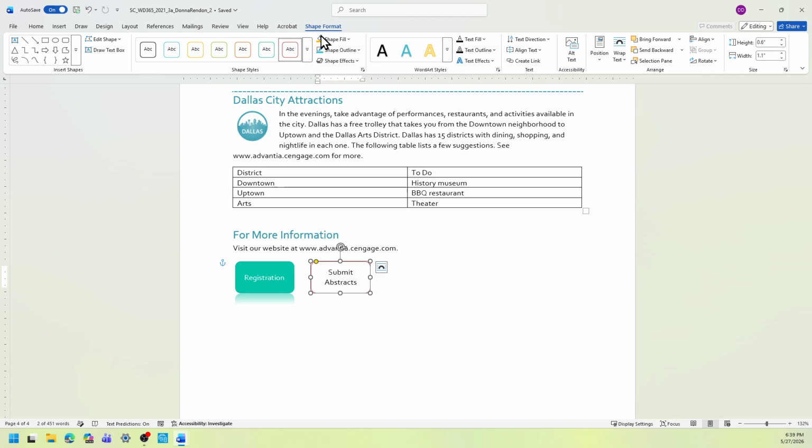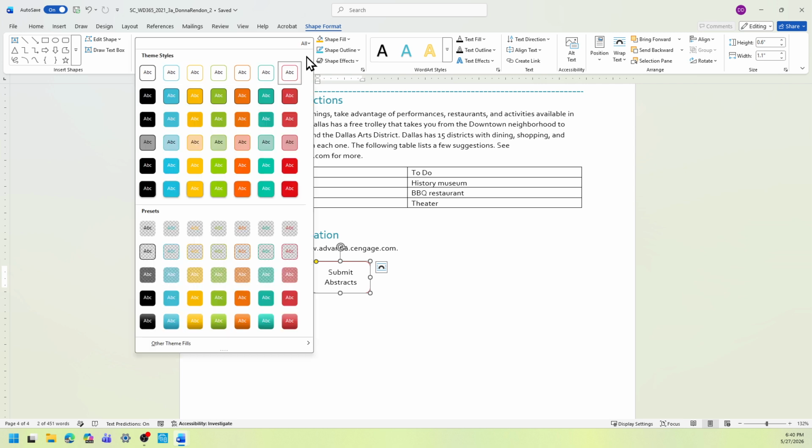And then we're looking for the shape style. So this is the shape style gallery. Open the gallery, and we're looking for the moderate effects, red accent 6. So let's see, this one is colored fill. And what about this one? Lights, moderate effects, red accent 6 is what we need.